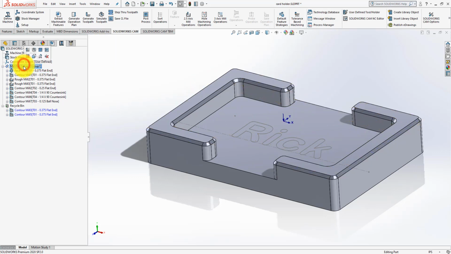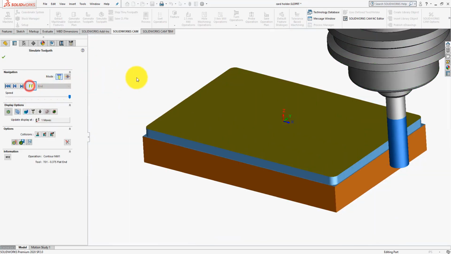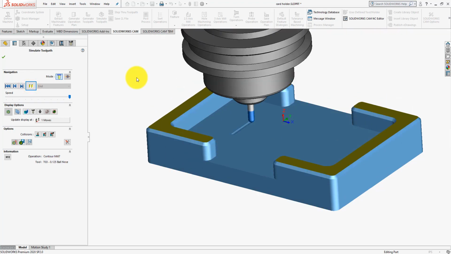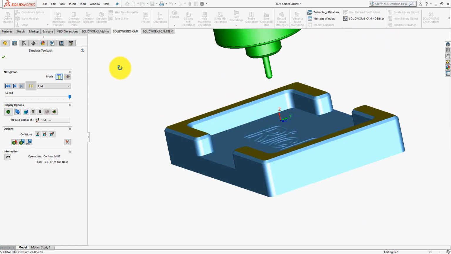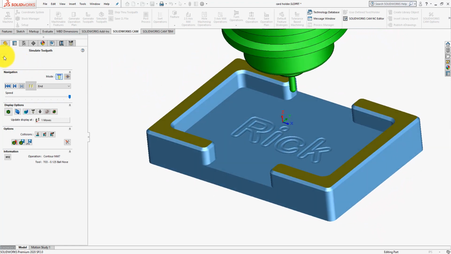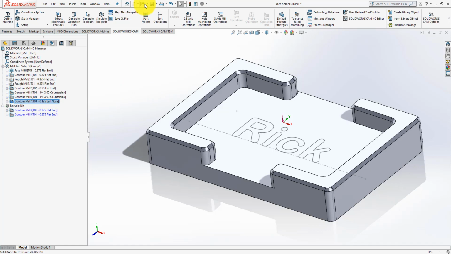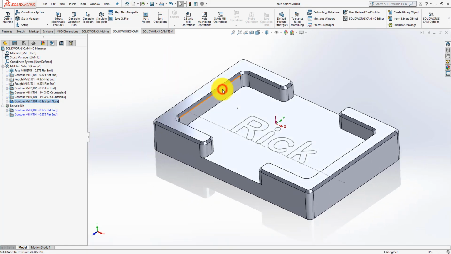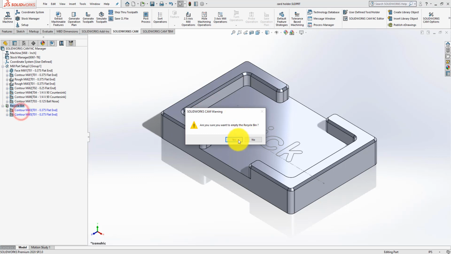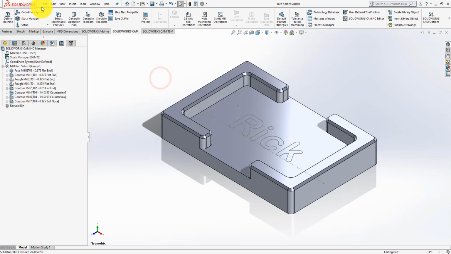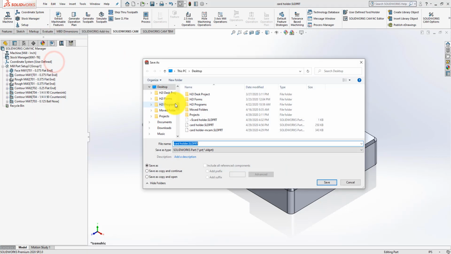Let's try this again. So right click, simulate toolpath, run that, and there we are. So we've got our engrave, we've got our chamfer, all of our toolpaths looking pretty good. Select OK there. Good time to save our file. Yep. I'm just going to empty those parts out of the recycle bin. So we want to save this as